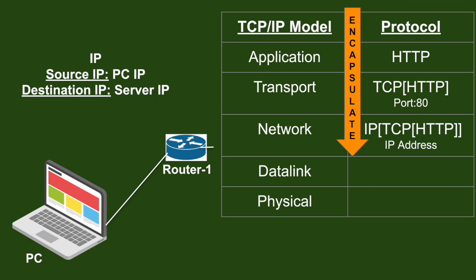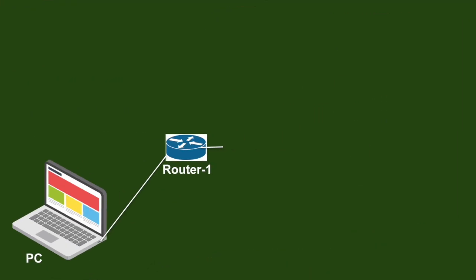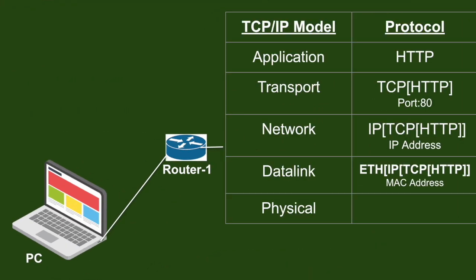We are encapsulating at the network layer. The TCP, which is carrying the HTTP, is getting encapsulated into the IP. That's the part of the network layer. Now, let's see what the responsibility of the data link layer is. The data link layer's responsibility is to send the packet in that particular segment. So let's understand that. In this case, the segment is going to be the link between the PCs and